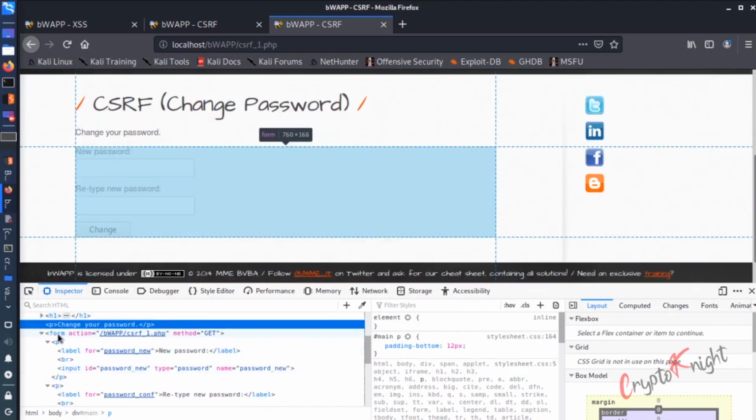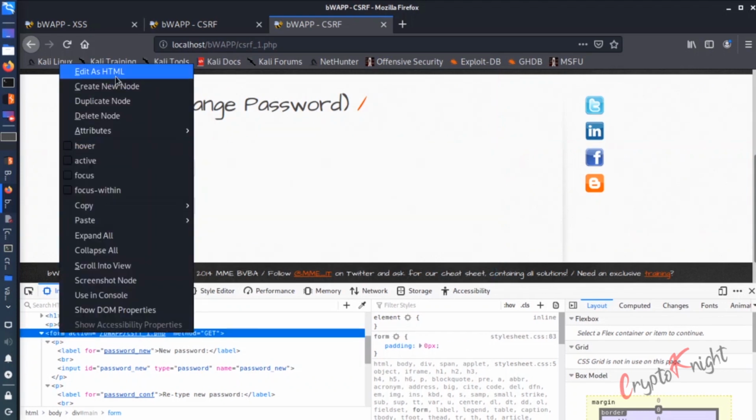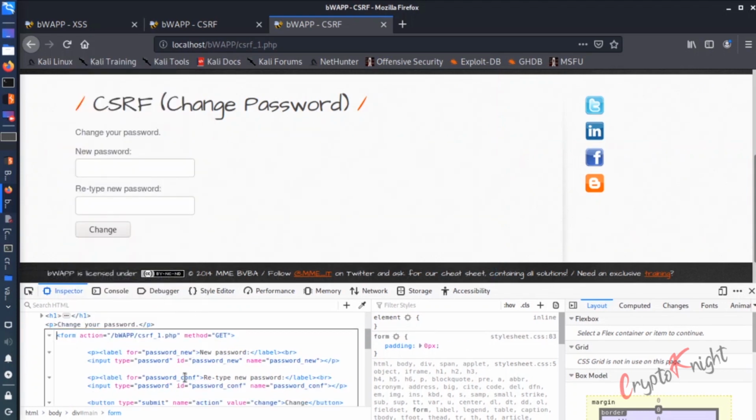You can see there is a form. Right click, edit as HTML, copy this and craft a payload with changed password. If you are successful in creating csrf.html, as soon as you click, the password will be changed for the victim. So basically the attacker will have the new password and will be able to log in.